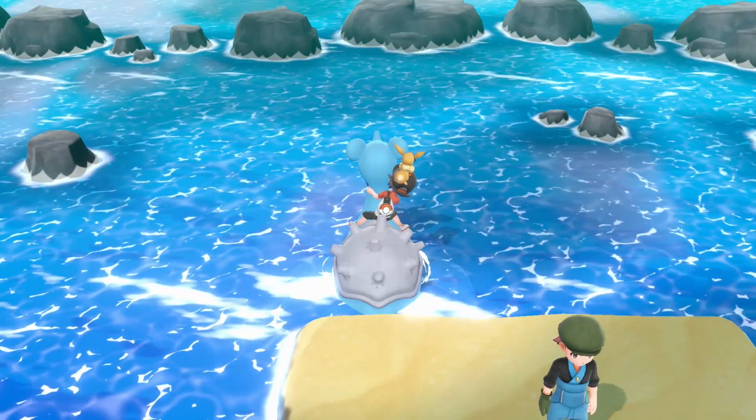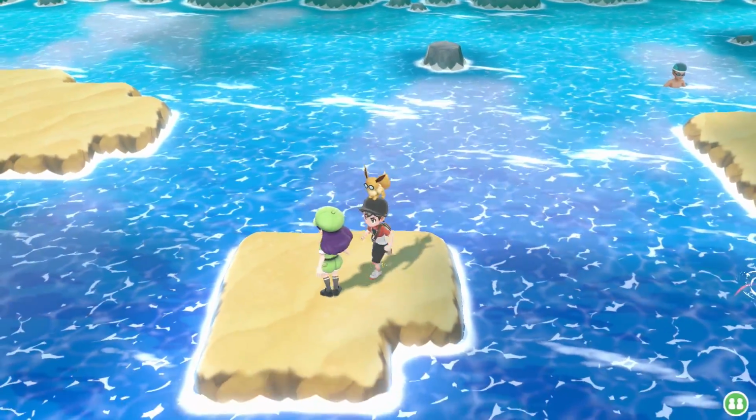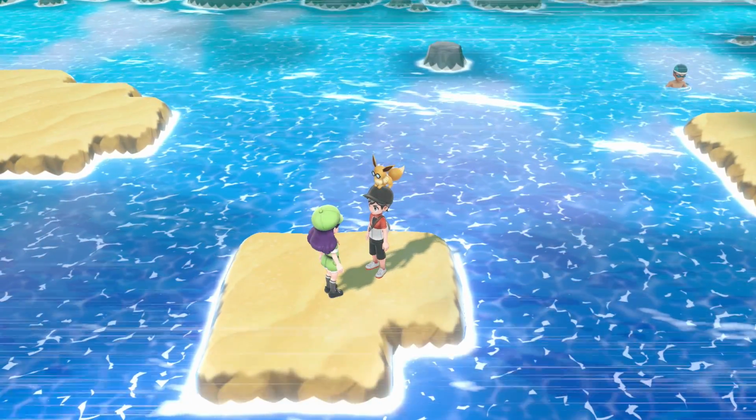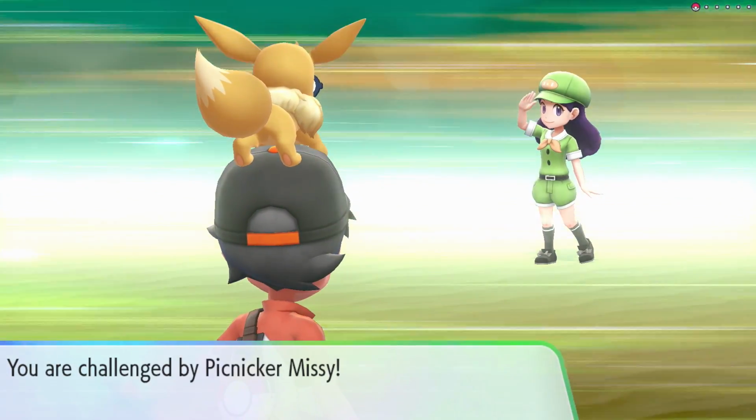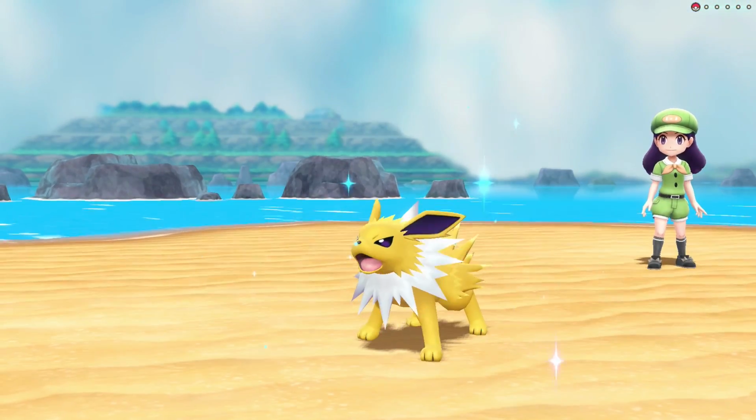now, before I forget. There's not too many other Pokemon that I really need to train right now for experience, so I just went ahead and added an Abra to the team, because eventually we gotta get Kadabra and Alakazam, of course. So let's take on this Picnicker over here now, Lil Missy, and she's actually got Jolteon, which is